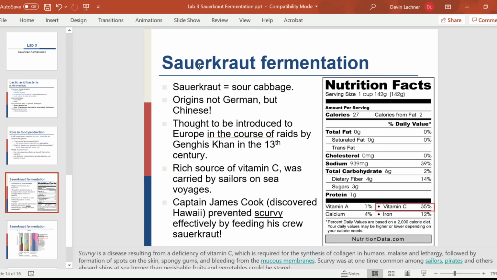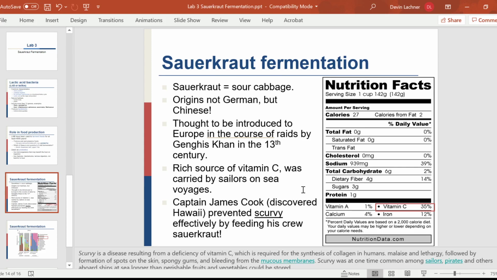So, sauerkraut fermentation has been used a long time. It actually means sour cabbage. It originated in China, and it's thought to have been introduced to Europe in the course of raids by Genghis Khan in the 13th century. And sauerkraut is a rich source of vitamin C, and since it's fermented, it can be